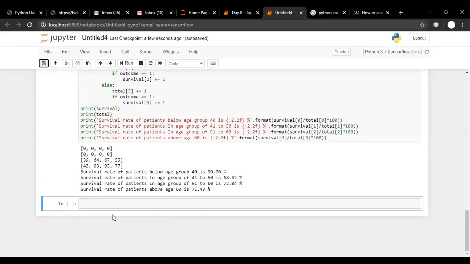So that's it for today's class. This was how you can analyze the data present in a CSV file. This is the very basis of data science, or to be more precise, the very basis of data analytics or data engineering, where we are reading the data, modifying the data according to our requirement, and then performing some operation on it.